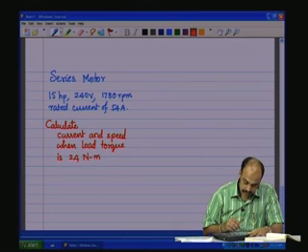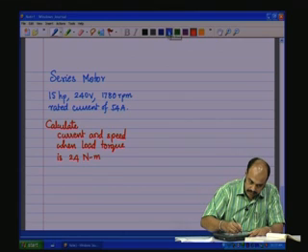Let us further say that there is a torque speed curve and a torque current curve which is given for the series motor, which